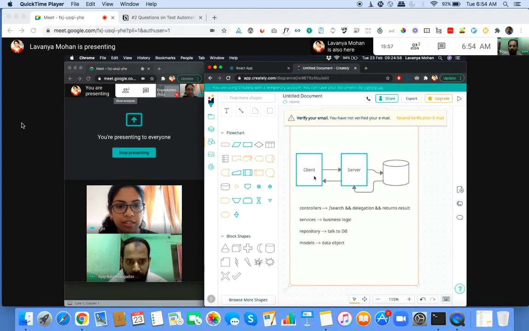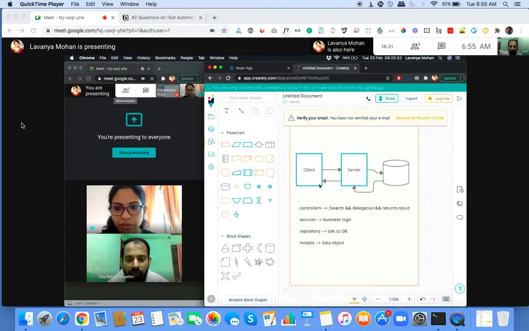One more thing, how does it flow? When we first get a call to an endpoint like search, the controller is first that gets called. Controller internally calls methods on the services. Services internally call methods in the repository. Then the repository converts to a model and returns the object, whatever data. Then the service will do some additional business logic on it, some more processing, and return that data to the controller, and the controller finally returns the response back to the client. So this is the flow.